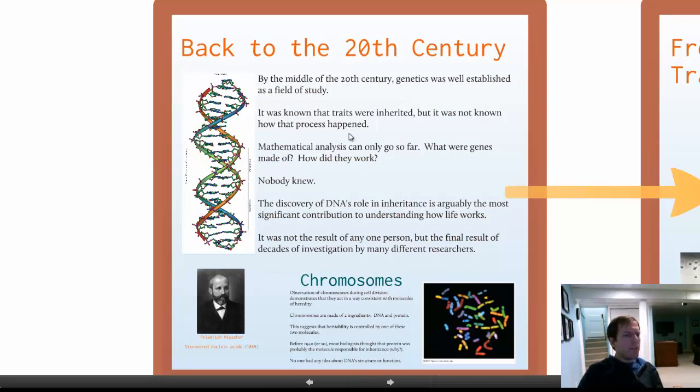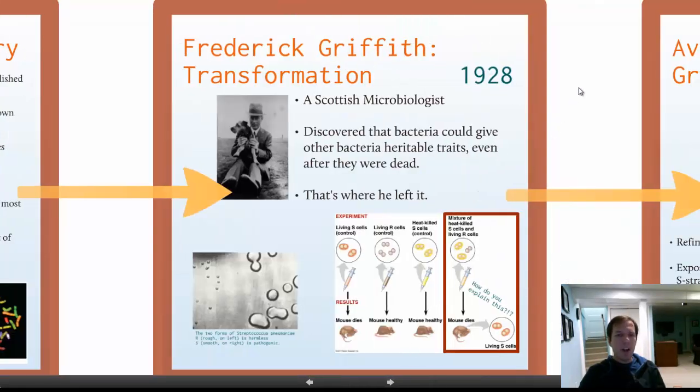So we have genetics, which was known for a long period of time. We knew of chromosomes. We could see chromosomes with microscopes when cells divide, and we knew that there was some heritability of traits, traits being passed on from one generation to the next, back into the 1800s. Looking back into the 1920s, we have Frederick Griffith, who noticed that there was a transformation possible, and that we